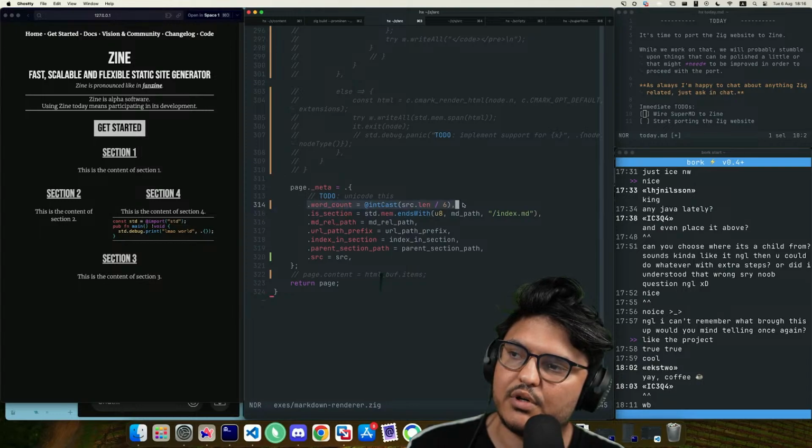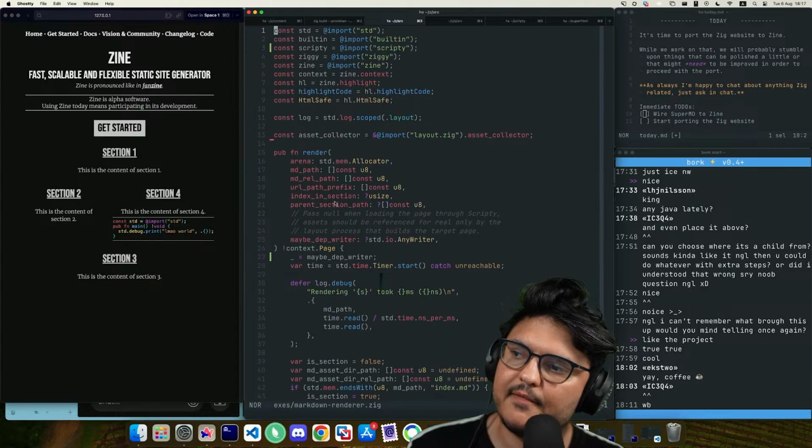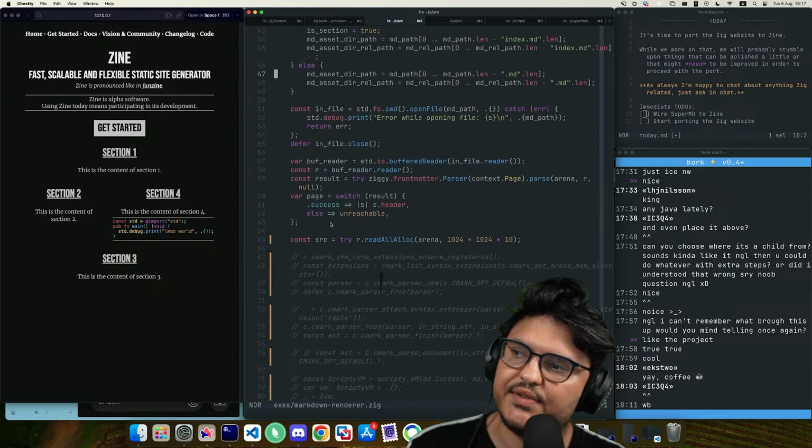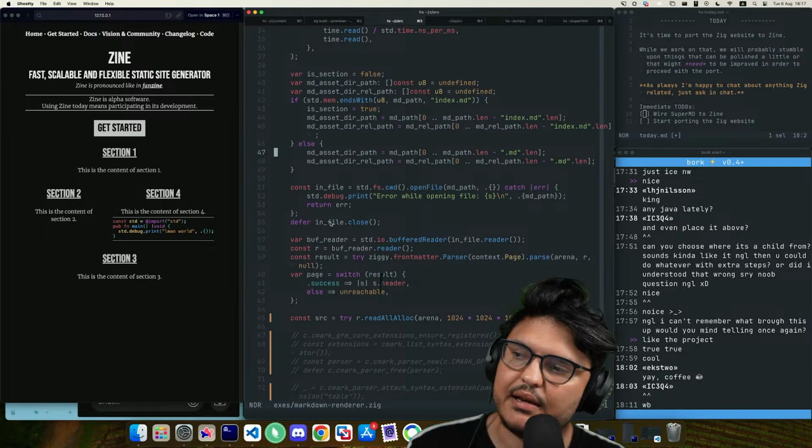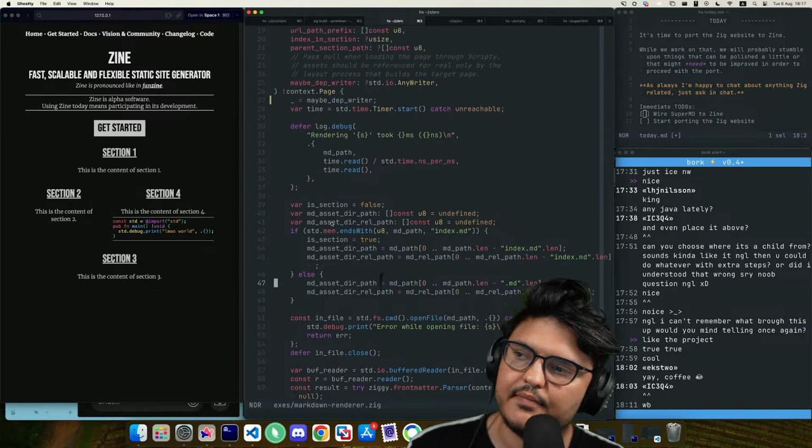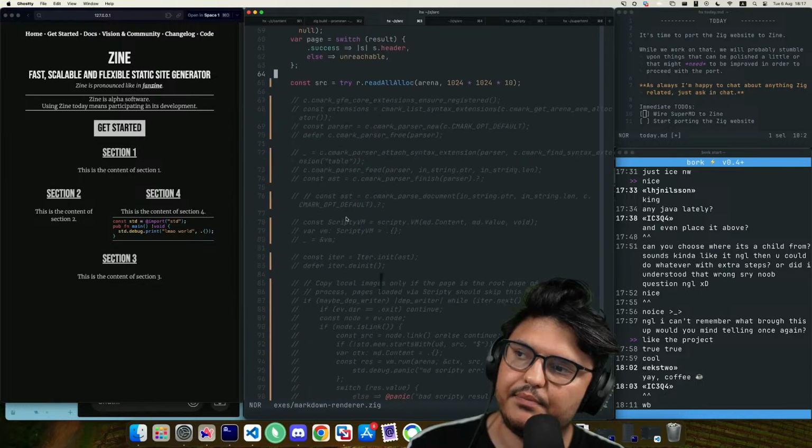It's calculating word count, a boolean, copying over some values. That's it. Right now, this function is pretty nerfed.